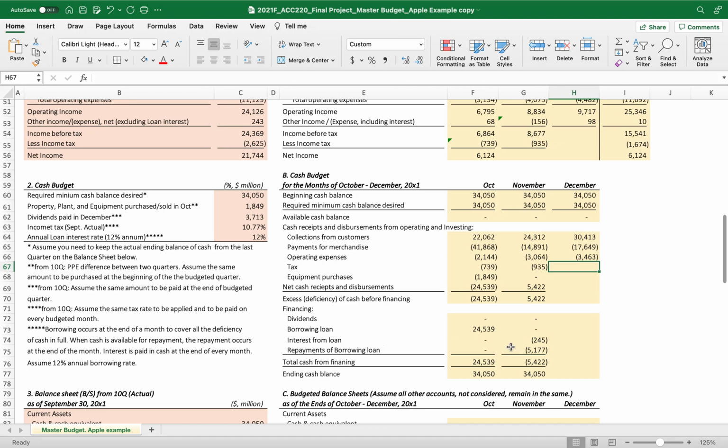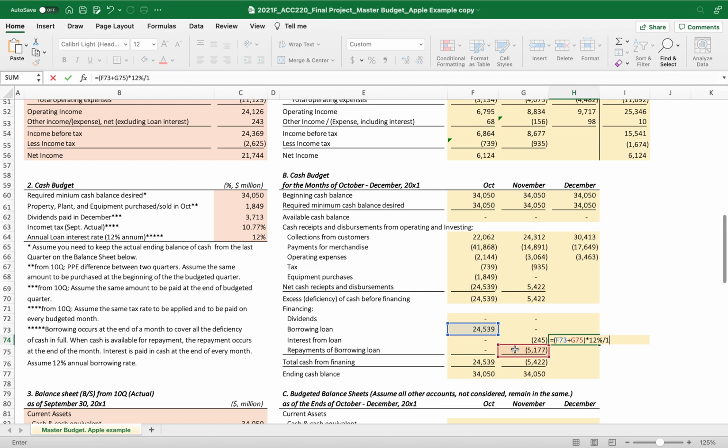First, the interest from loan again. How much is the new balance now? The new borrowing balance, right? This is 24,000, and then we repaid this borrowing loan, right? And then times the interest, again 12% divided by 12 months. Then it should be negative because it is cash out. So this